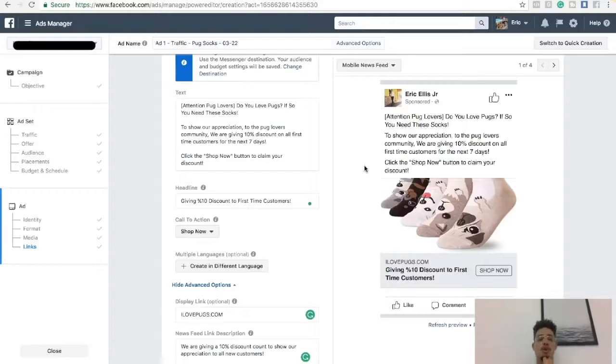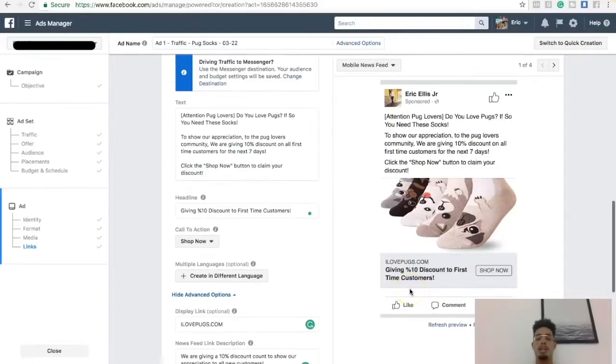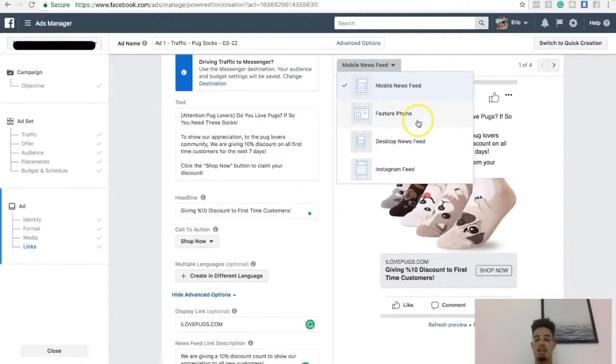But as stated before, we're going to do it from start to finish. So after we actually create our first ad, what is the next step? Right? That's what we're going to answer. So just to recap really quick, here's the text, here's the ad image, and this is a single image. Here's the display link, here's the headline, here's the call to action button, the description will be below here, right? Here's what your ad's going to look like on mobile. Here's what your ad's going to look like on desktop,